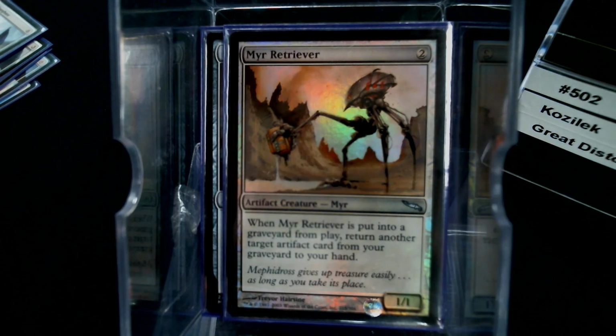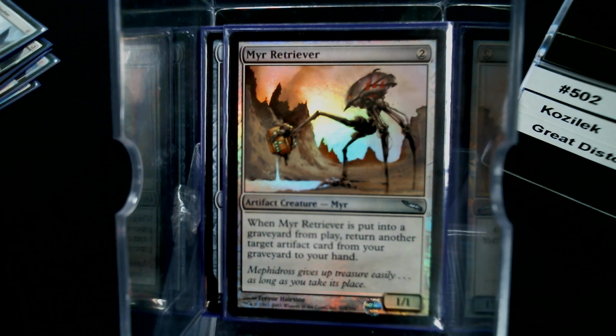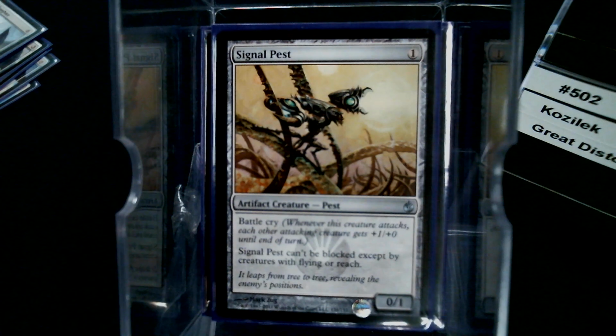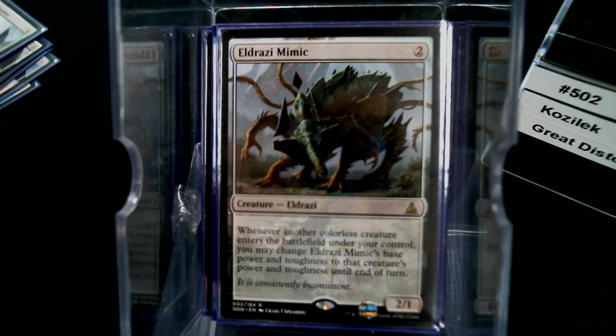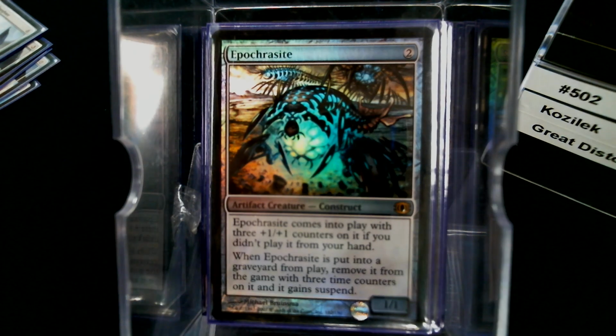Even when they overload it, the CMC is 2. But Mere Retriever is a great card to begin with. So it's Signal Pest. It's the Battle Cry alone. Eldrazi Mimic. Hypocrisy. There again, costing 2. There's a lot of 2s and 3s because,